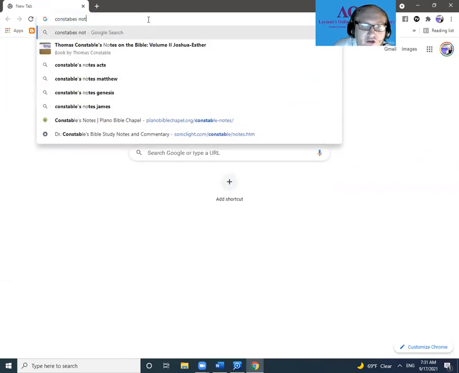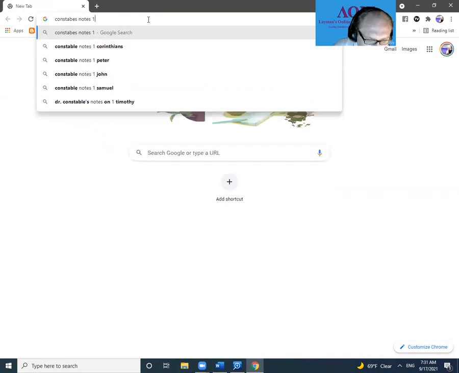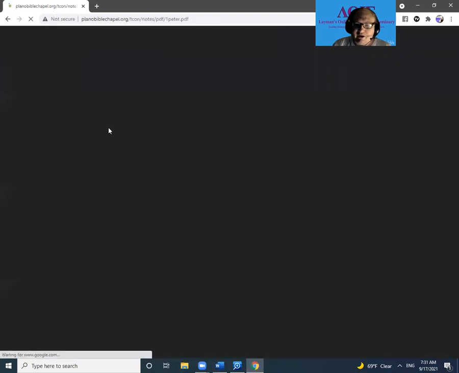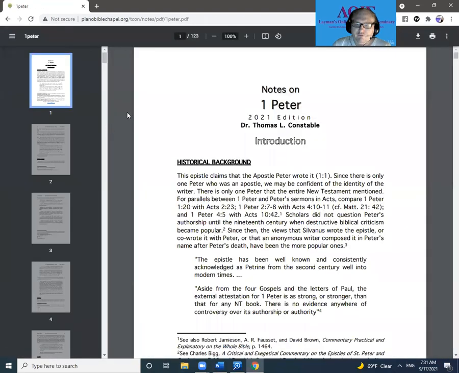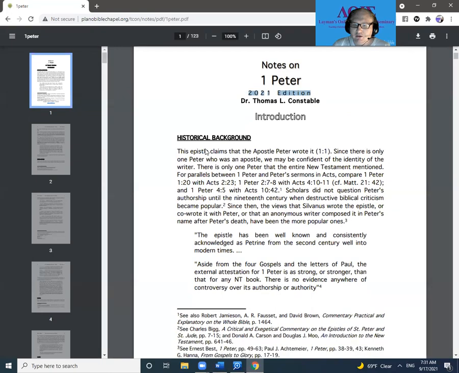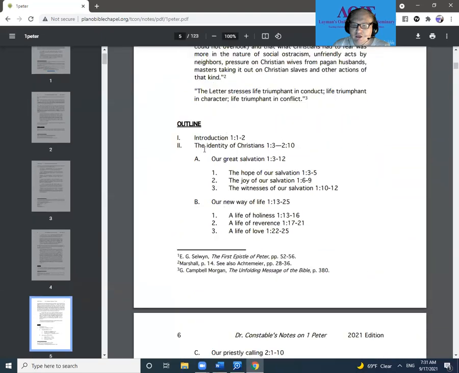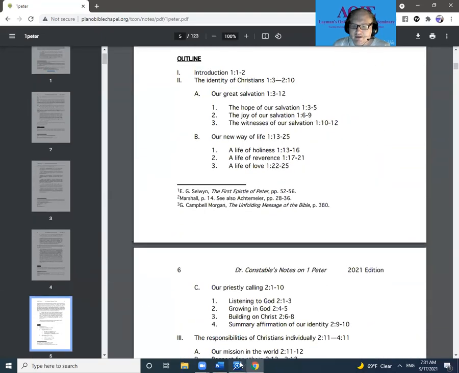Constable's Notes, and then type in the book, let's say 1 Peter. And there's audio there as well, but I go for the PDF. And see, this is updated every year, 2021. Now, things have probably changed since 1999 to 2021. But if we look at his outline,